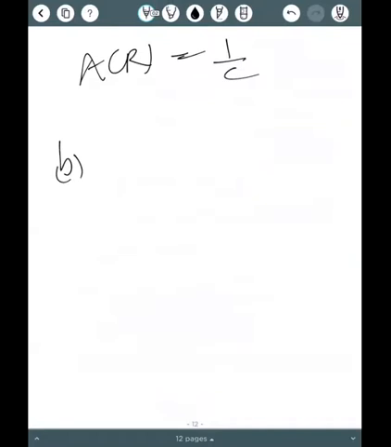To show independence, you do what we did earlier. We have to show that the joint distribution is equal to the product of the marginal distributions, right? So for that, what we're going to do is,